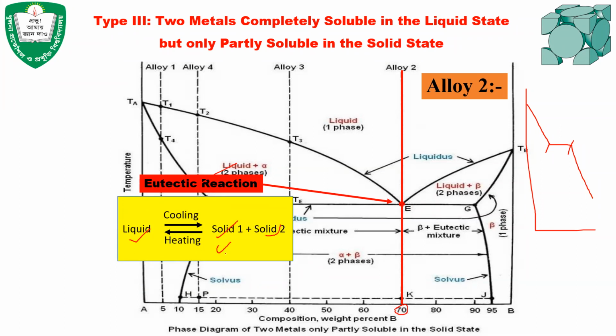And solid 1 is alpha and solid 2 is beta. Now, the composition. What is the composition of alpha and what is the composition of beta? To find that out,